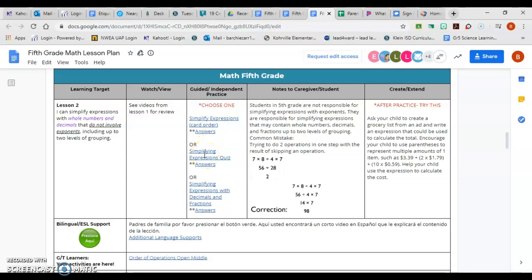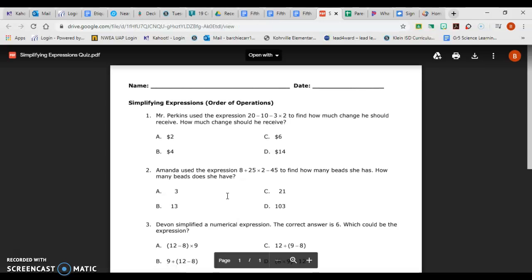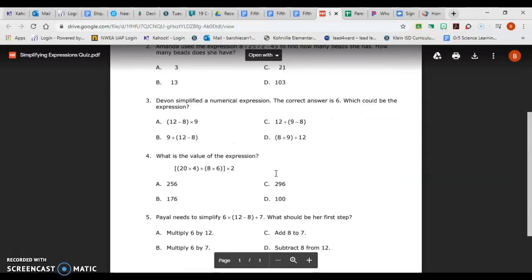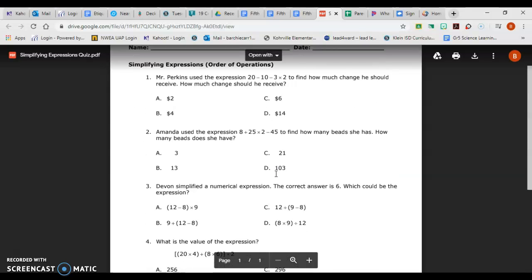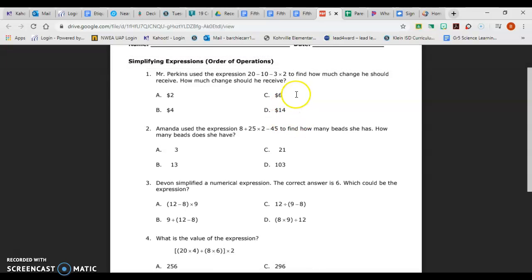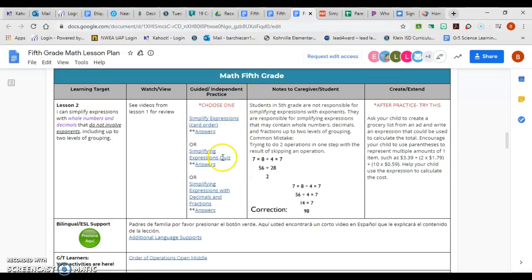All right. If you do that, or the option is to open up this quiz, and the options are to either print it out or complete it just off of the screen. And as you can see, there's only 5 questions. If you choose to do so, then you definitely, or if you want to complete it off the screen, make sure you're completing that on scratch paper so we can see your work when we get back. And then, of course, the third option